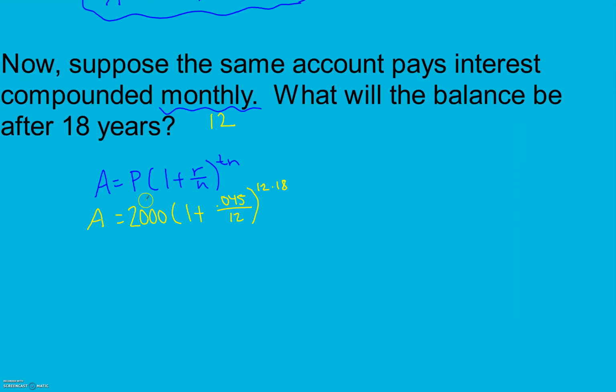And that's going to give me my balance, account balance, A. Again, here, you're probably going to want to multiply first, and then plug it in. If you don't, you're going to want to put this in parentheses. So either way, we can either multiply the 12 times 18 first, or we can plug it in parentheses. So we either put the 216 or parentheses. Either way, when we do this, we are going to get